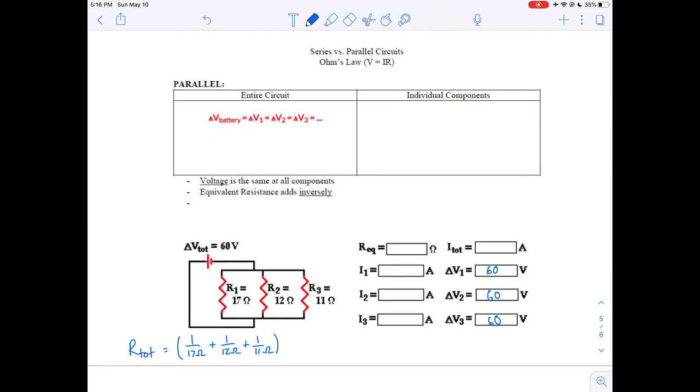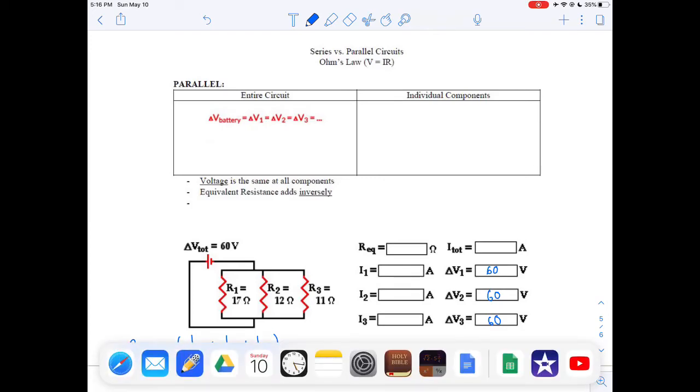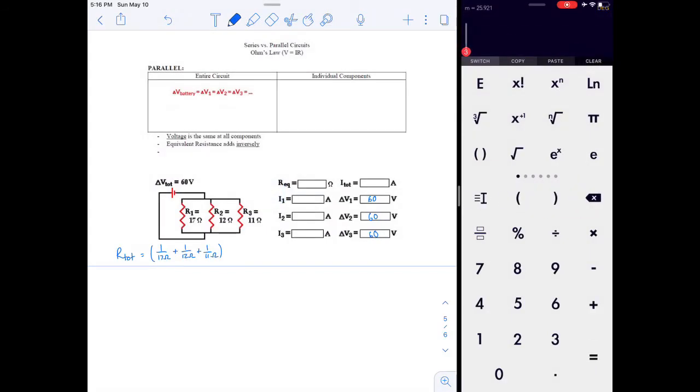Close that parentheses. And let's actually just find out what that value is. So I'm going to hit clear, and it's going to be important that you type this into your calculator accounting for the order of operations. I'm going to start with my parentheses. I'm going to have 1 divided by 17, that's representing the fraction, plus 1 over 12, plus 1 over 11. Oops, not percentage. 1 over 11. And then I'm just going to close that parentheses, and I get approximately